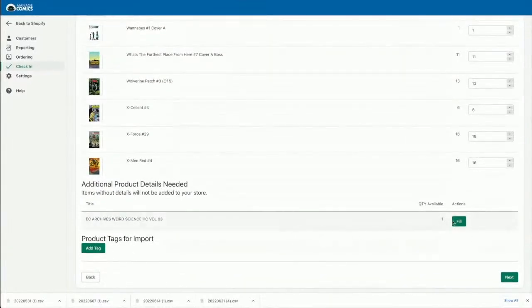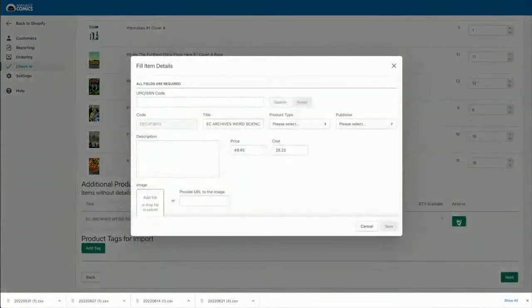And then if there's any items that I need additional data for, I can go ahead and add that information. So I could add the ISBN or UPC, which I would just scan off the book. And then once I've got that ISBN or UPC, I should search to make sure that that isn't already